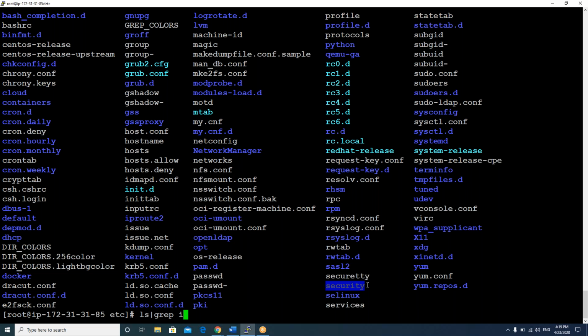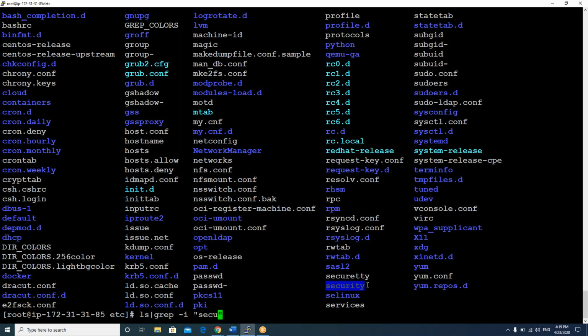Otherwise, directly you can give grep space your keyword. Whichever keyword you want to search from the first output. Just give secu instead of the full name. So it will show wherever you have secu in that output.